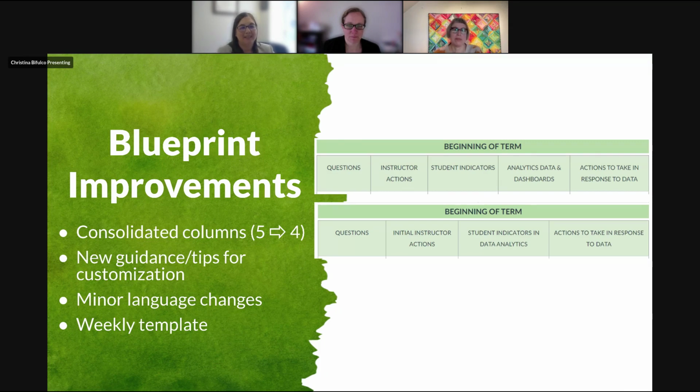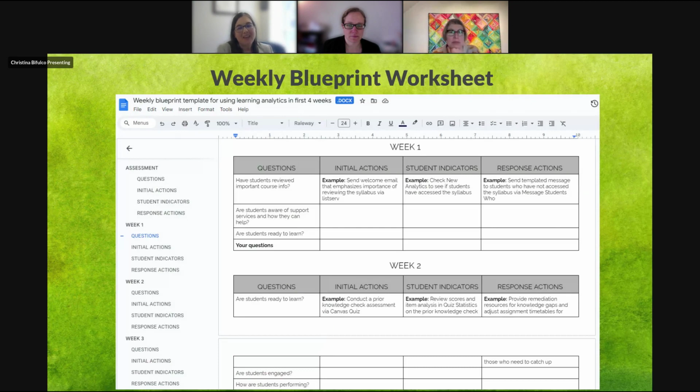And this was an awesome idea from Iowa that we stole and added in for all of you. Taking the blueprint model and then creating a worksheet template for participants where they can think about some of those key reflection questions and have some examples for each of those columns in a week-by-week format throughout the semester. And so that creates a nice little activity and takeaway for your participants to keep engaged with this over time,